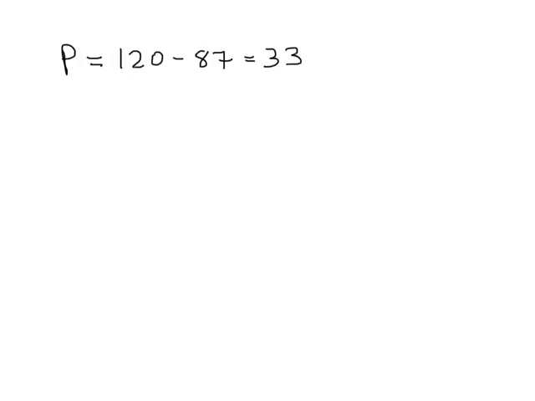Is that right? 100 minus 20, 67. Yeah, of course. And then profit for firm 1 is equal to profit for firm 2, and that's equal to